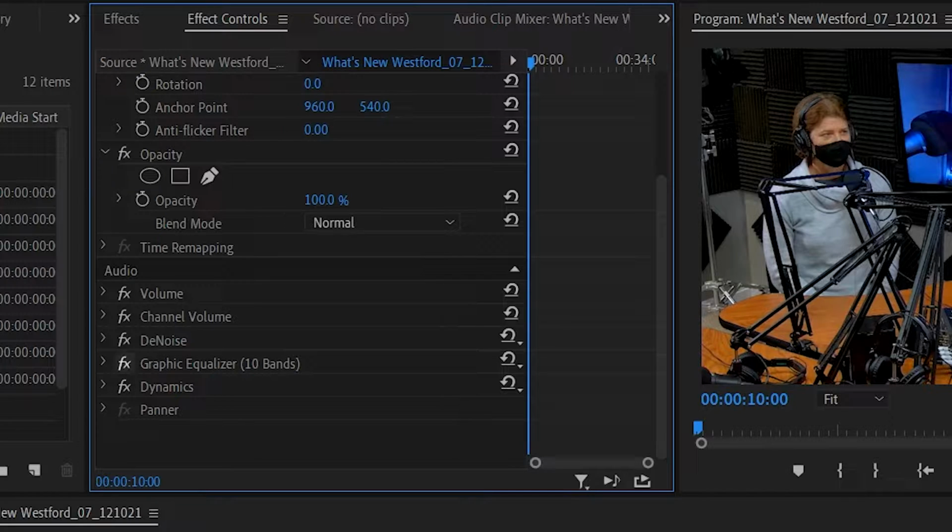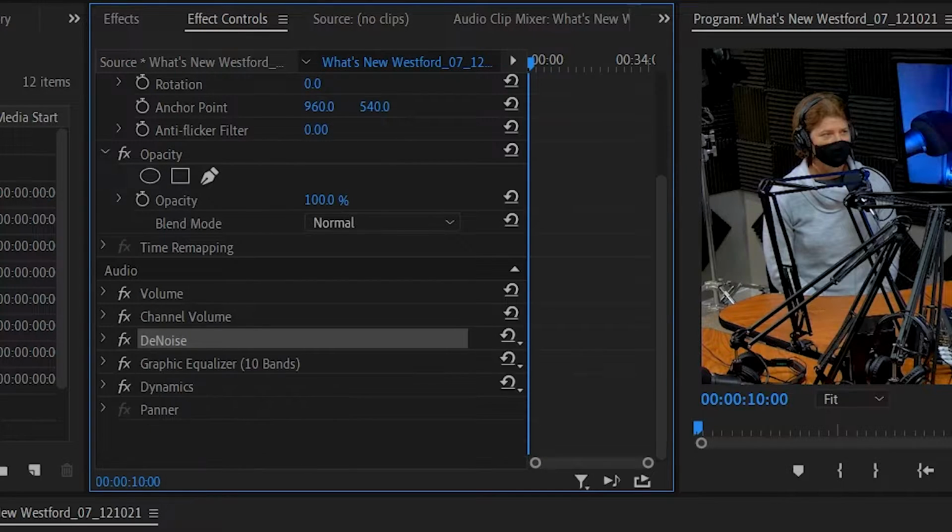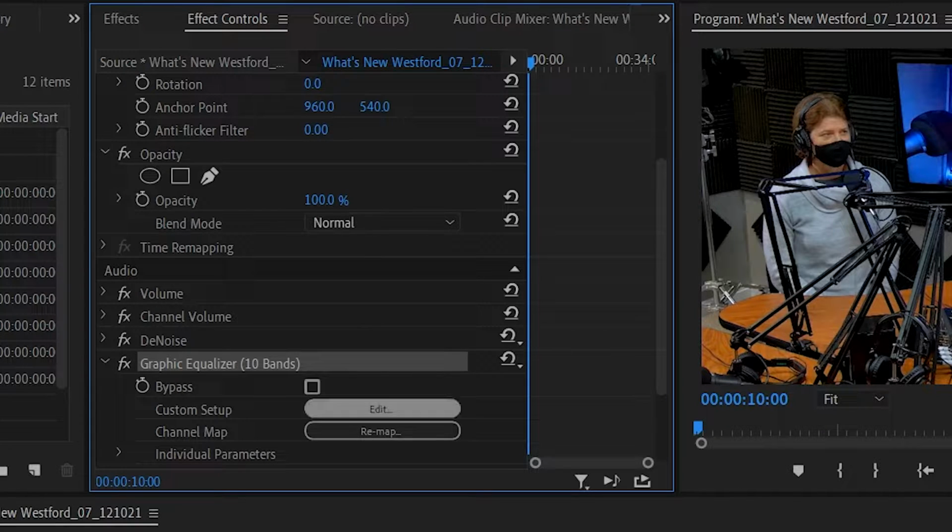dynamics third. And so what each of these filters do, this is just a quick way to clean up your audio. The denoiser goes through the raw file and it looks for any weird noises and just filters them out based on its algorithm, and it looks for background noise and fan noise and electronic noise and that sort of thing, and it just kind of subtracts that from your track and makes it sound a little bit cleaner. The next thing is the graphic equalizer,